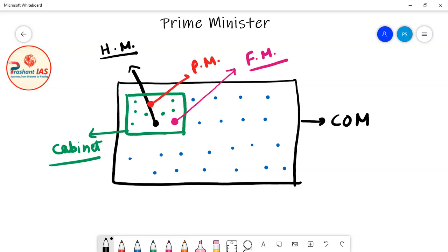Now friends, let's suppose that the Health Minister is saying that this year I need 2000 crore rupees. We are just taking a hypothetical example: he needs 2000 crore rupees for health related facilities, for example for constructing hospitals, for giving salary to staff, for spending on medicines. Because this year the health of the people is not good, according to my estimates and my experience, I need more money this year.